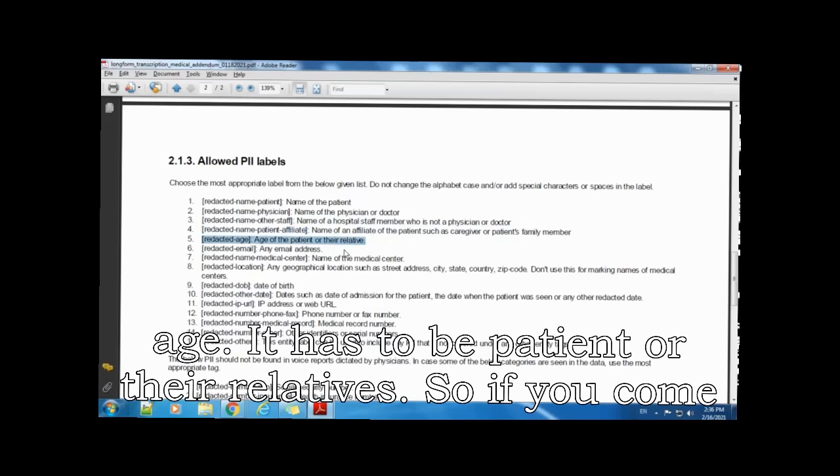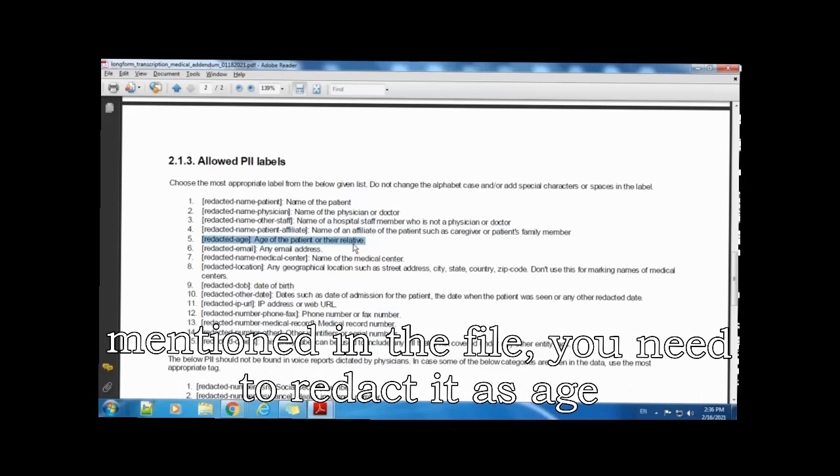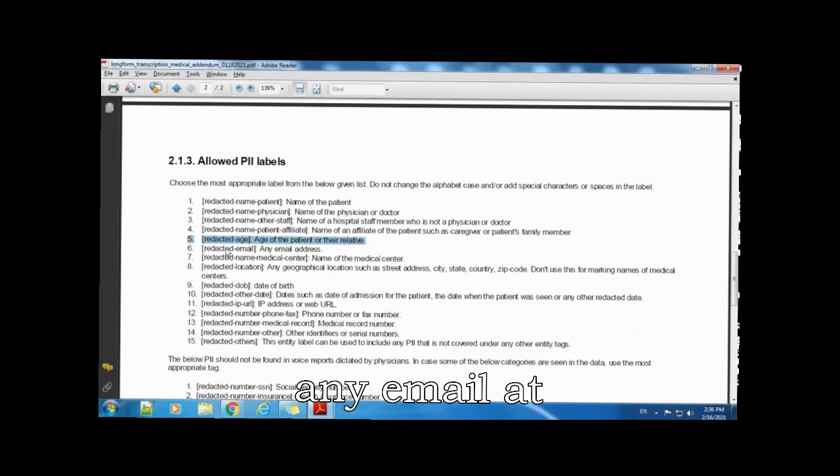Age has to be of the patient or their relatives. So if you come across where the father, mother, brother, sister, anybody's age is mentioned in the file, you need to redact it as age. Any email address, any